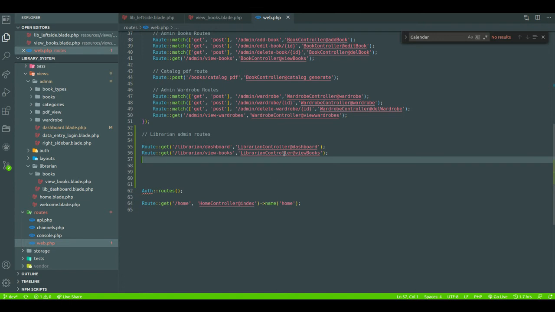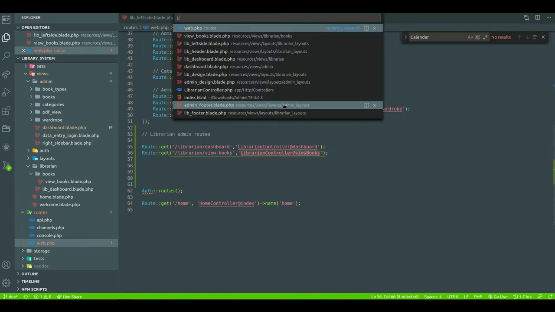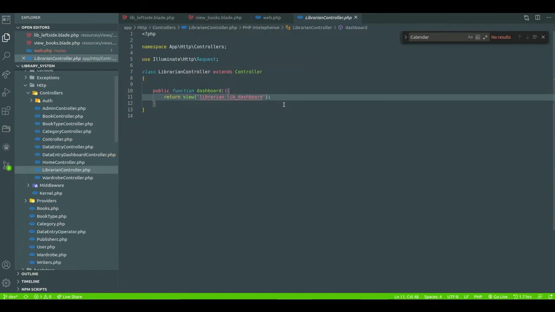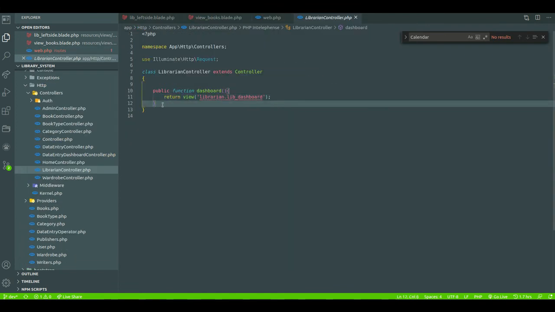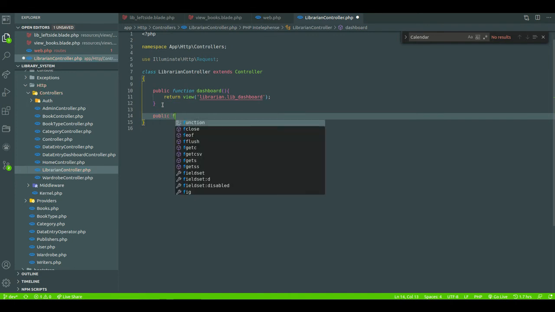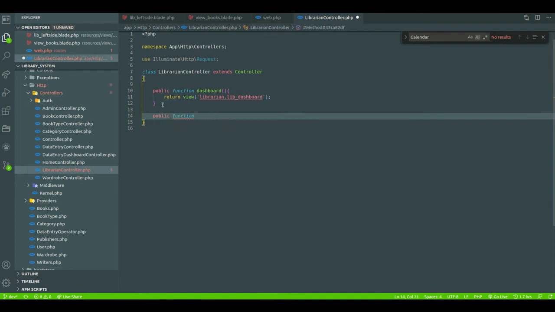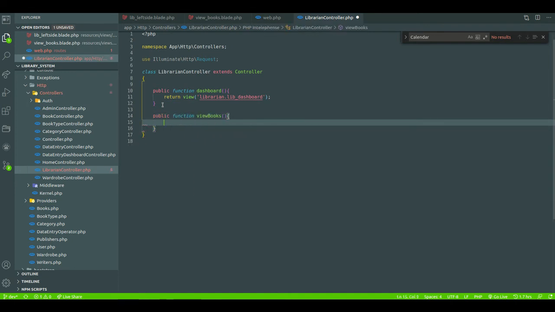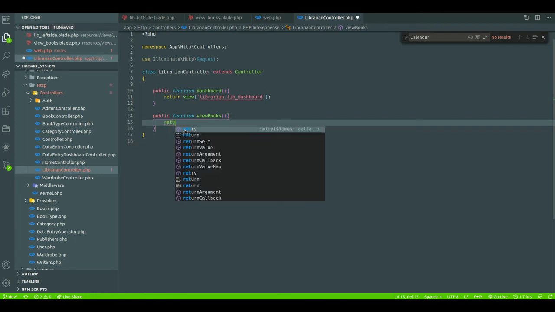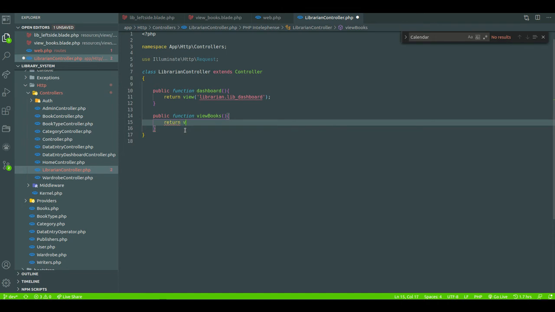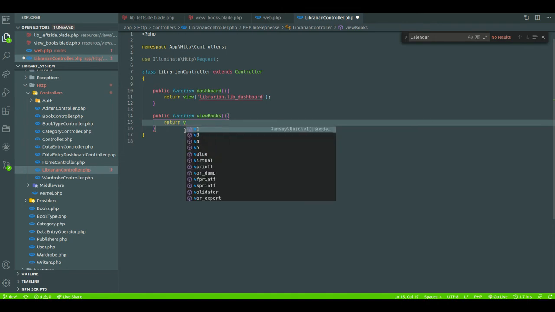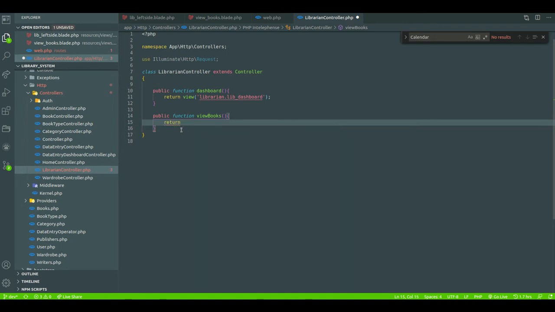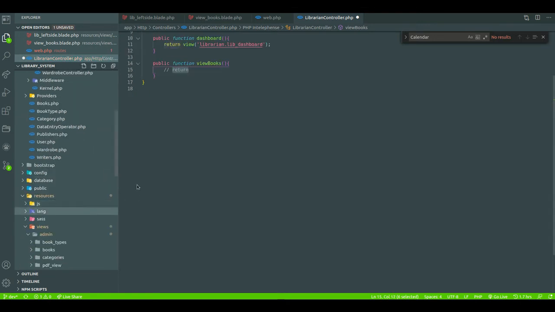So in that librarian controller we create one view books. We create another function that is called public function view books. In that function, return view. Okay, we have already created it, no, sorry.